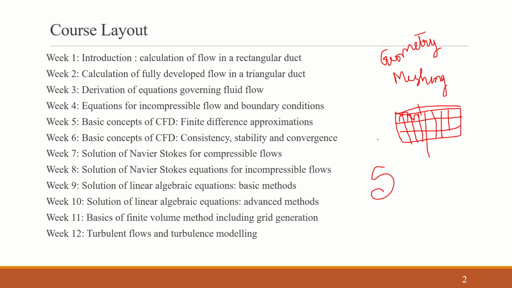Like at time t equal to 0, we know the temperature of the system is this, and if we are heating that system, we can say the heating rate is this, and based on the heating rate we can calculate, and the initial temperature we know. So with step by step increments, we can say that after time t equal to 5 seconds or something, the temperature has risen to this. So for that we are giving the initial condition